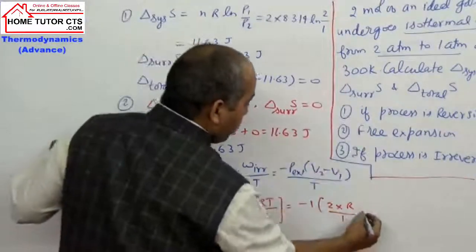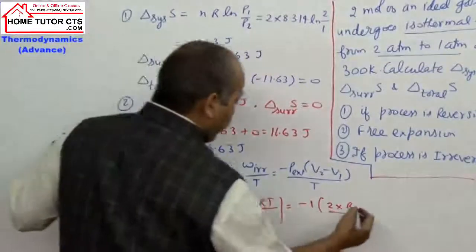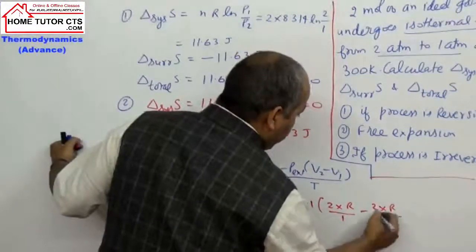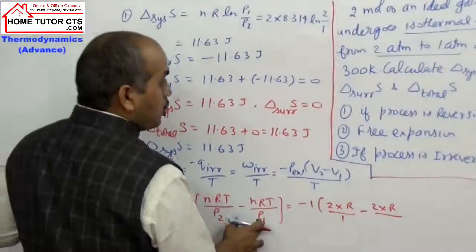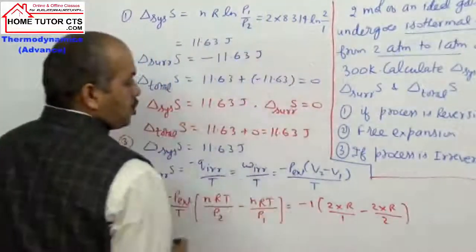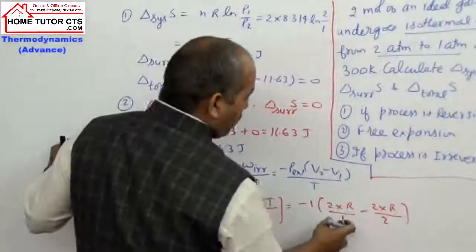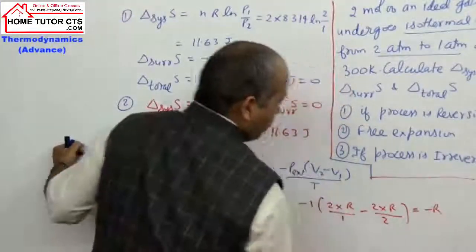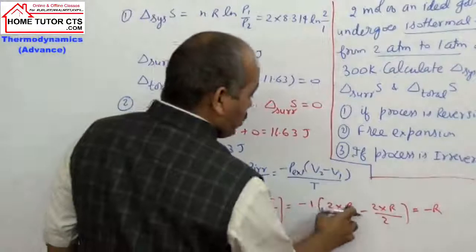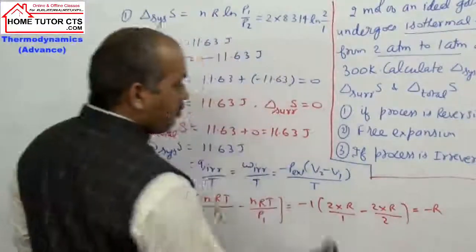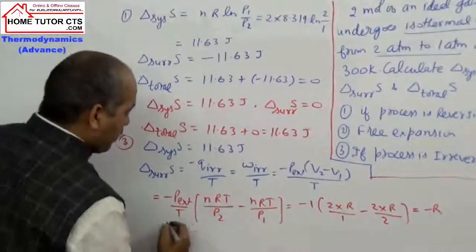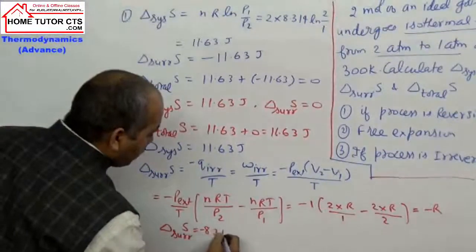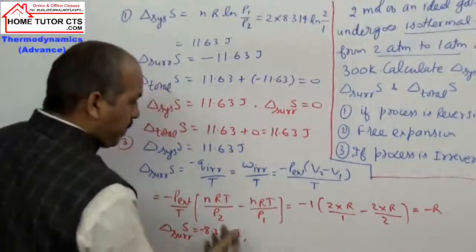Final pressure is 1 atmosphere minus nRT by P1, nR by P1, T cancels out. N दिया है इसमें 2 moles, R by what is taken in this case? P1 initial pressure 2 atmosphere. So when this part is solved here, you can see it is coming how much? This will be coming on solving minus R. आप check कर लीजिए इसमें. It is minus 2R plus R, so that will become minus R only. So what is delta S surrounding? Putting R value 8.314 joules per mole per Kelvin.